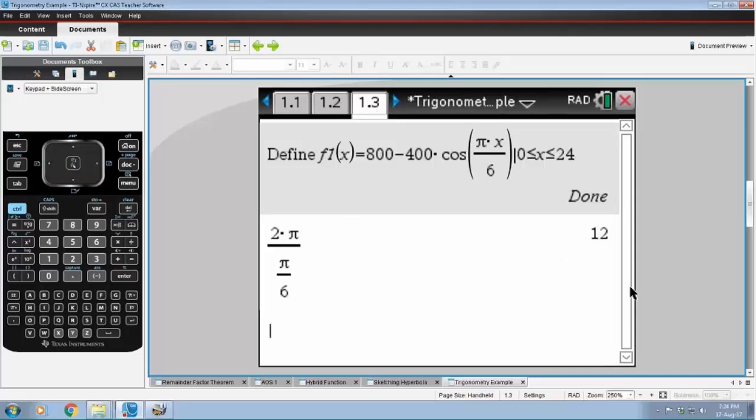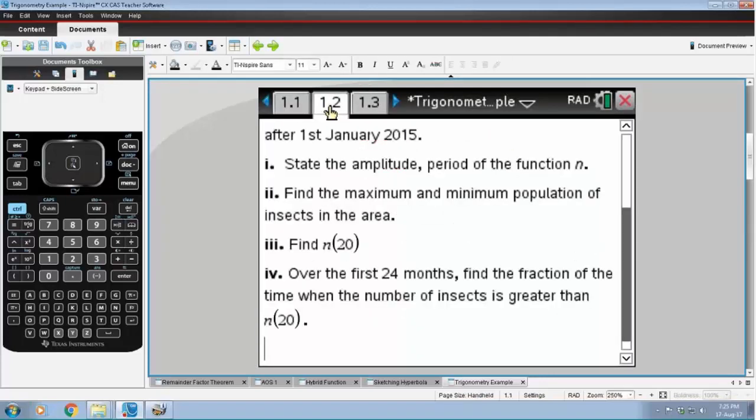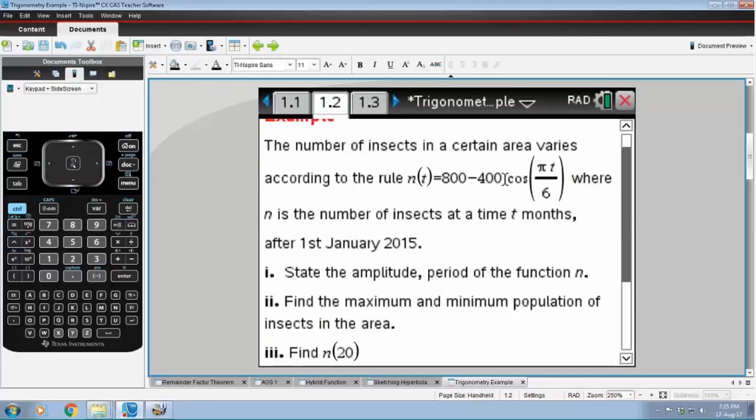So when I graph this, we would get general solutions and things like that appearing. So what I've done is I've defined the function given that x is between 0 and 24. So that means that when I sketch the graph, I'm only going to see it between 0 and 24. So what was the first part of this question again? Find the maximum and the minimum. Well, the amplitude is 400, not negative 400. Okay, now, the maximum value is 800 plus 400, which is 1200,